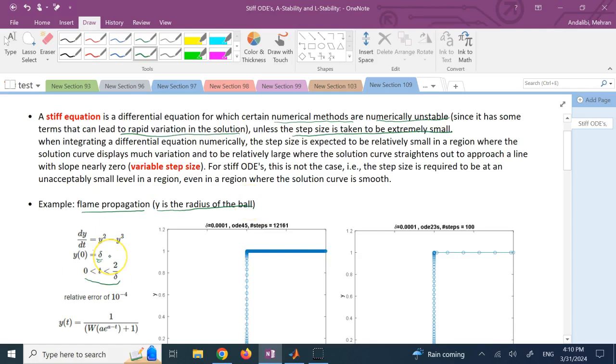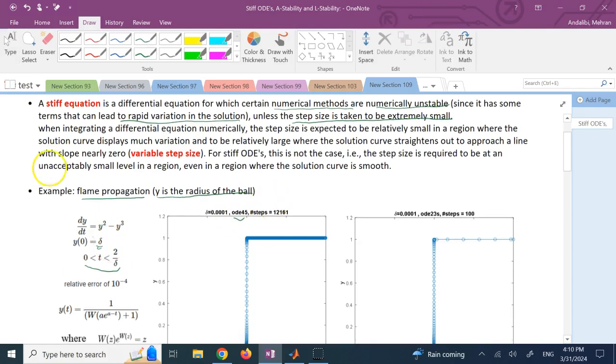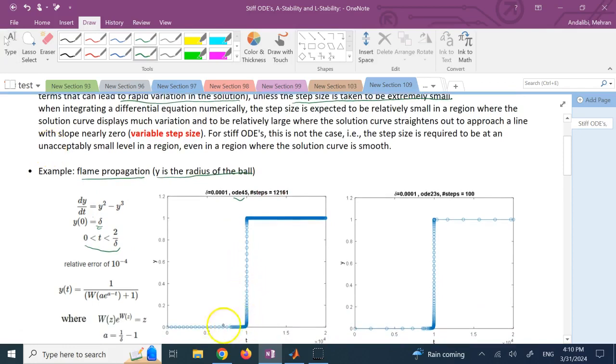If you want to solve this using ODE45, which uses Runge-Kutta, there are some regions in it, specifically this region, where it is trying to go to a steady state value. In this region, although it looks very flat, if you zoom into it, and I'm going to show you, there are lots of oscillations here. That is because the numerical solver